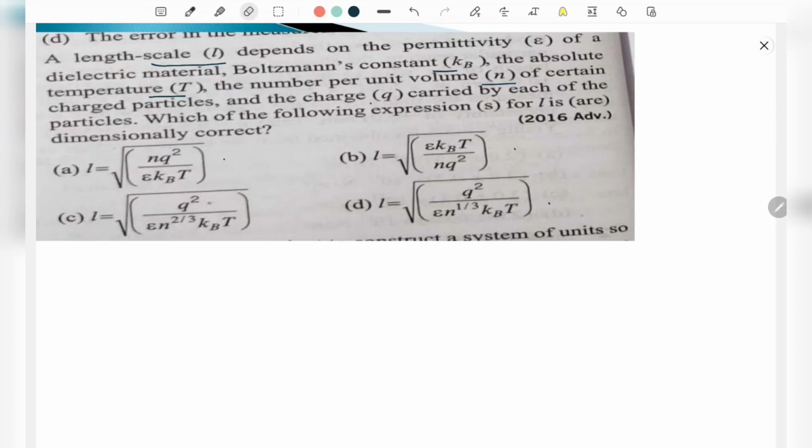We will try to solve it in the simplest manner without knowing any of these equations. So if you look carefully, we have deduced earlier that the average energy of an ideal gas is 3 by 2 kT. That means kT has the same dimension as that of energy. Therefore, what we can write is the dimension of kT as the dimension of energy, and what we also know is that